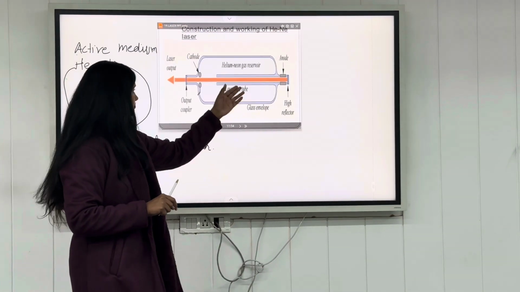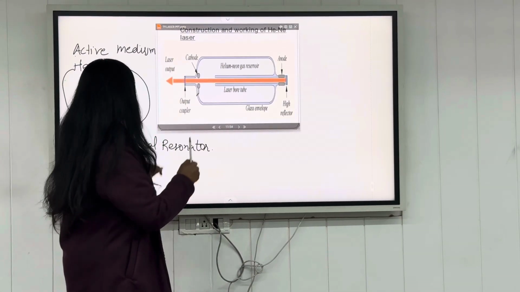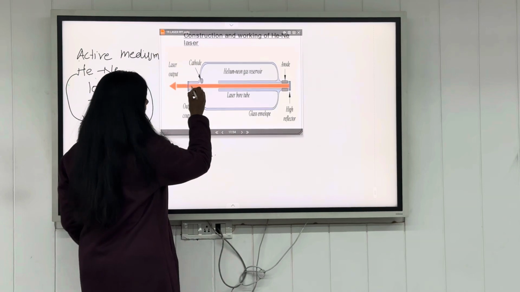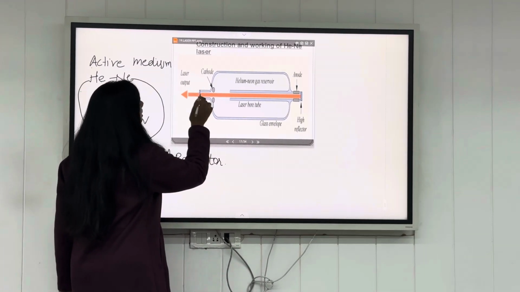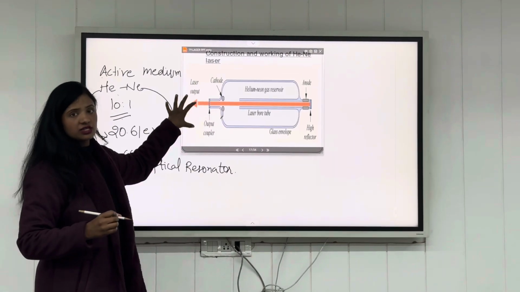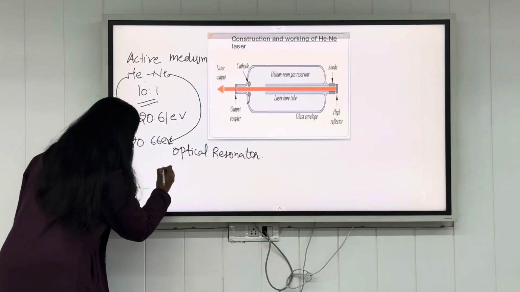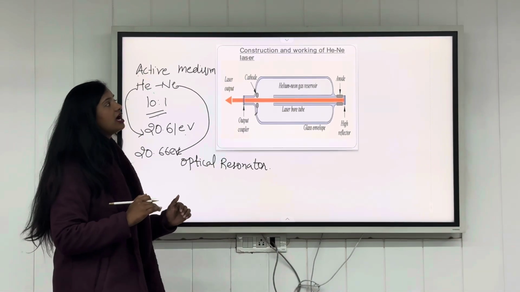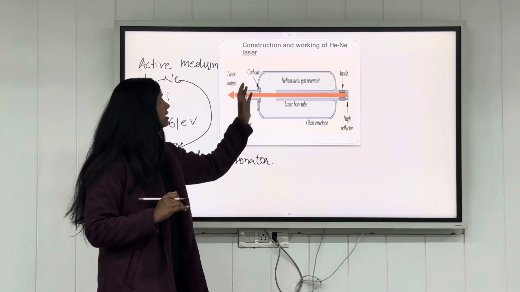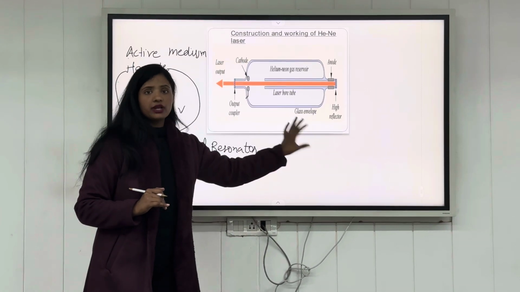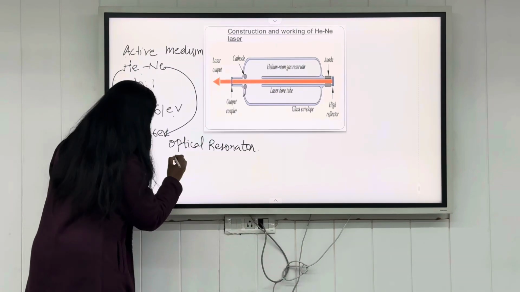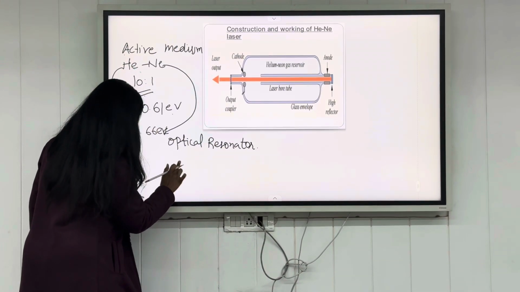Stimulated emission will take place here, and the light will be amplified, and this partially reflected mirror will be the output for the laser beam. Now, the third part is how we have taken the helium atoms to excite the neon atoms, and that is obtained by